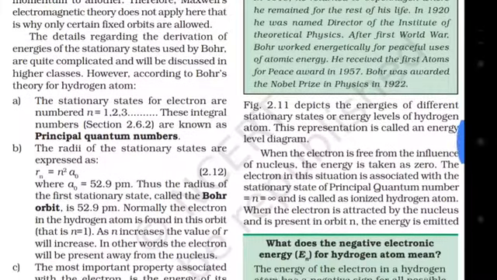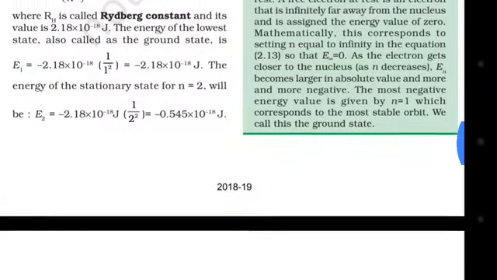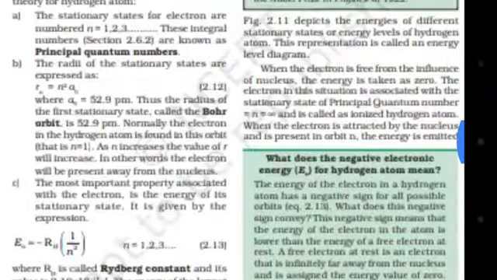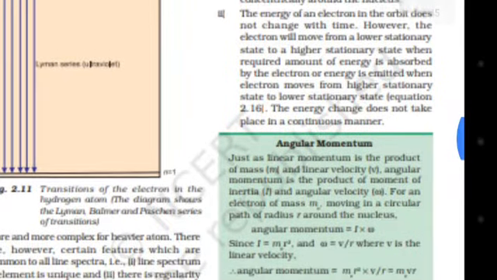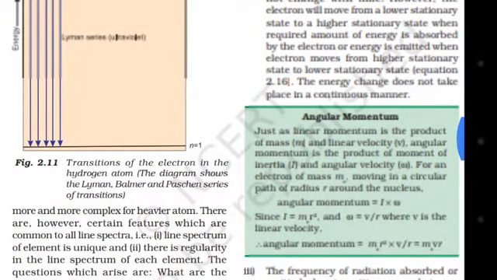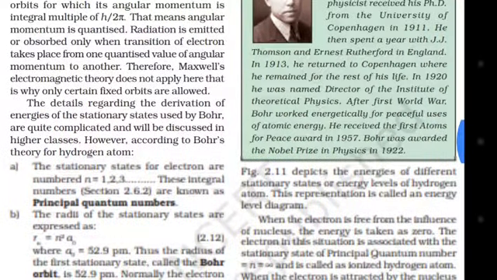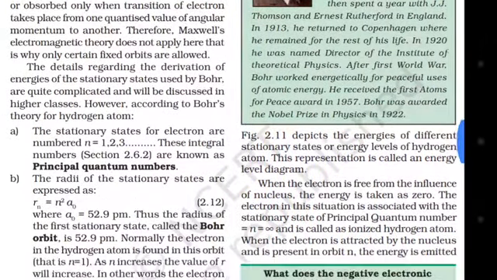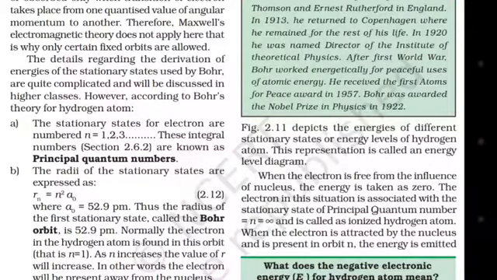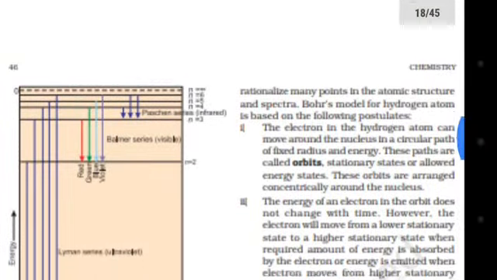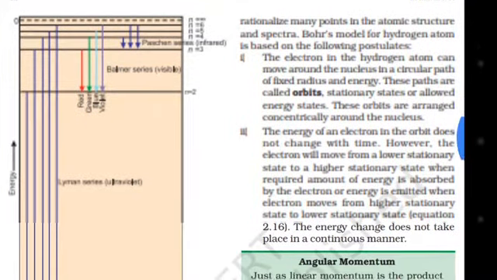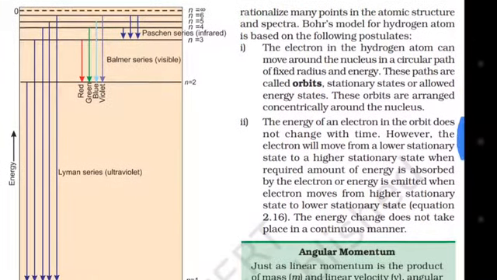Figure 2.11 कहाँ है? Figure 2.11 भाई कहाँ है? हाँ यहाँ रहा। Figure 2.11 depicts the energies of different stationary orbits or energy levels of hydrogen atom. This representation is called an energy level diagram. चलिए देखिए, जिनको स्क्रीनशॉट लेना है समझने के लिए, ले लीजिए, ठीक है, ये रहा।